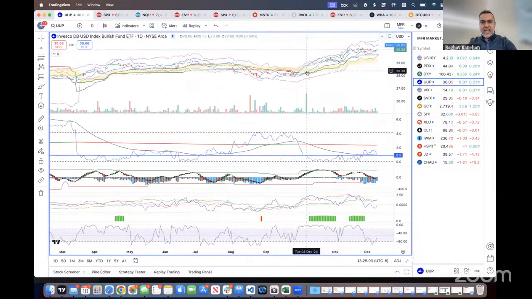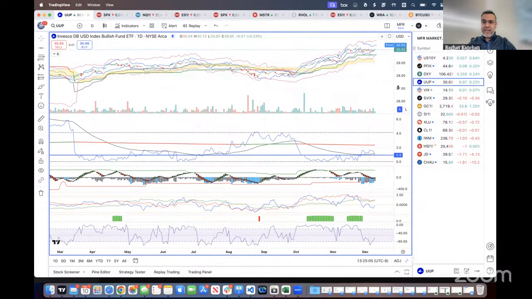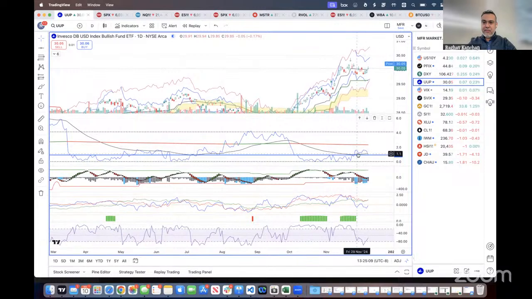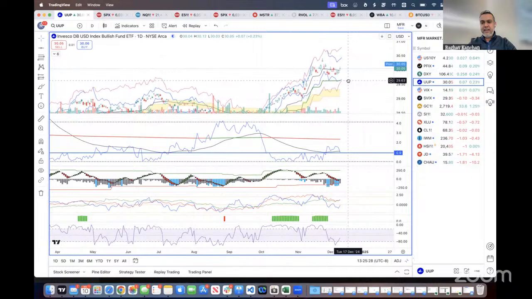So the big if is, are we continuing to be in a bull market? If we are in a bull market, we should expect this bounce to continue and the dollar to sell off. And if it's a regime change that's happening and we might enter a bear market, then we might see this volatility continuing low and the dollar continues its upward move in the next few weeks. So these are the macro things that I'm looking at.